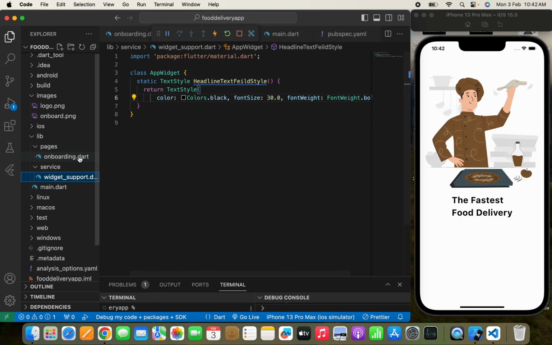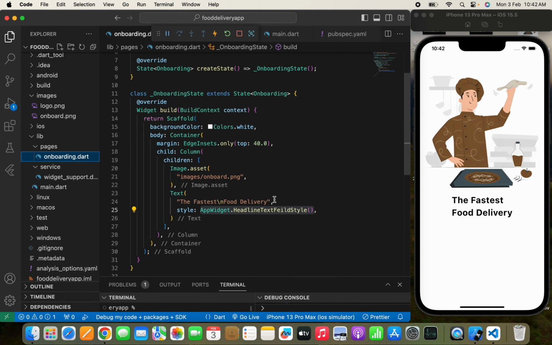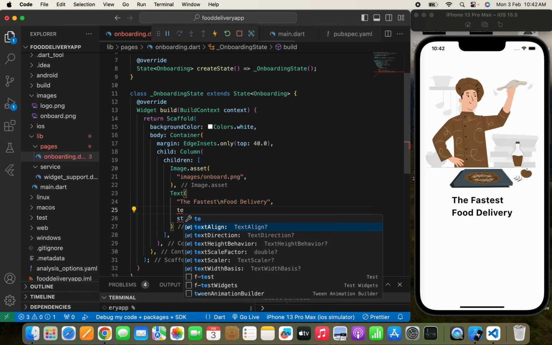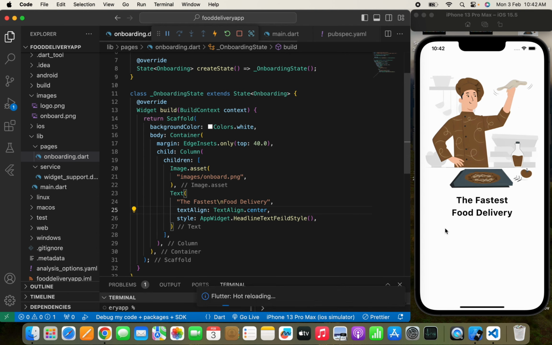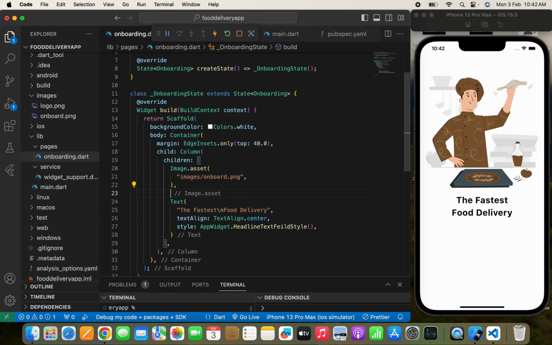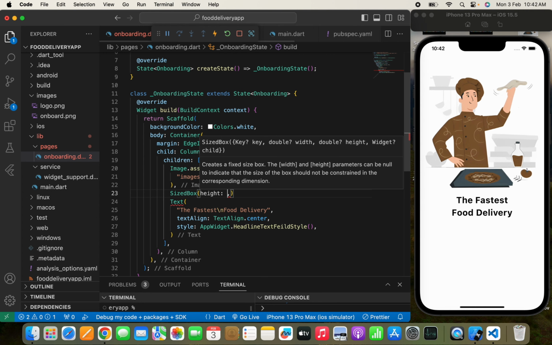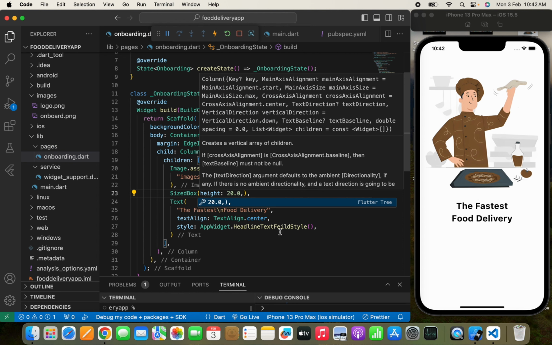Now what I'm going to do is first pass a text align, and we'll pass TextAlign.center to center the text. It is okay. Now I can pass a SizedBox height 20.0. Something like this, I guess it is okay. Now we have shown the headline of this